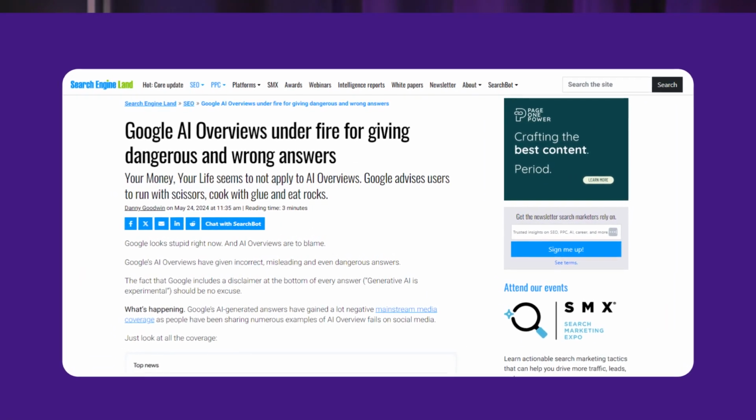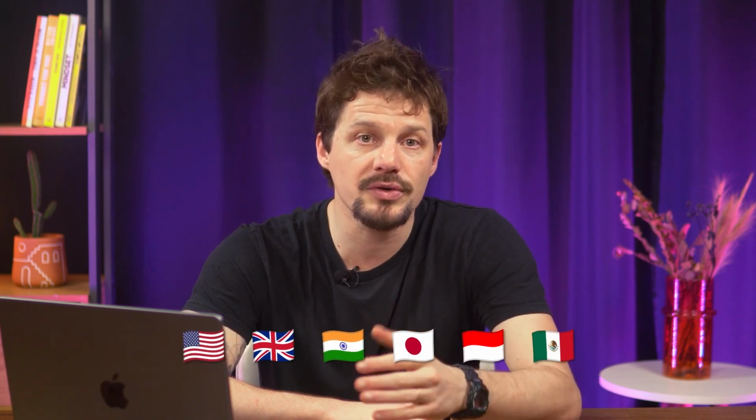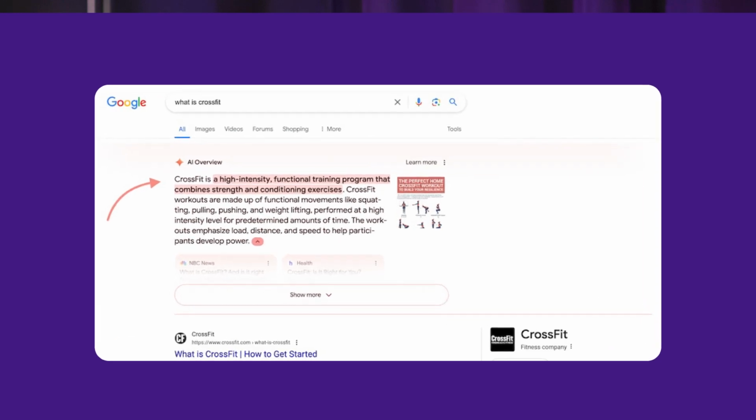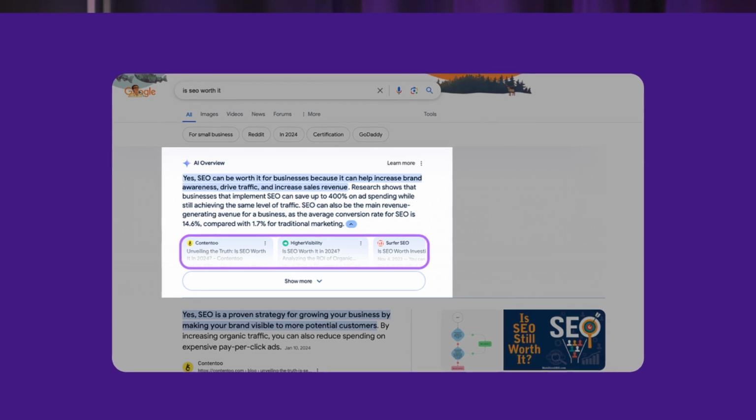It all started in May 2024 when Google introduced AI overviews in its SERP results. Well, those first few days didn't go so well. But things have progressed, and Google's AI-generated answers are still here, offering quick responses to search queries, and it's not just limited to the USA. It's now available in countries like the United Kingdom, India, Japan, Indonesia, Mexico, and my lovely country, Brazil. This feature summarizes content from multiple websites into one concise answer, making it easier for users to get information